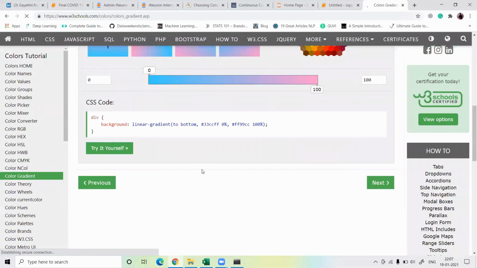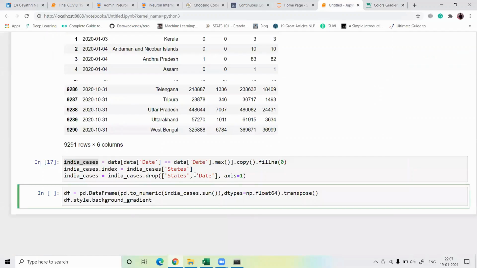Now background gradient, cmap equal to summer_r, this is the color, and take axis equal to 1, and let's run this.